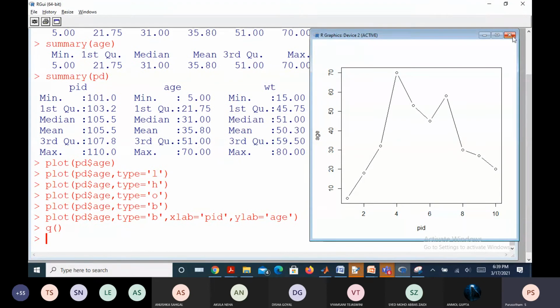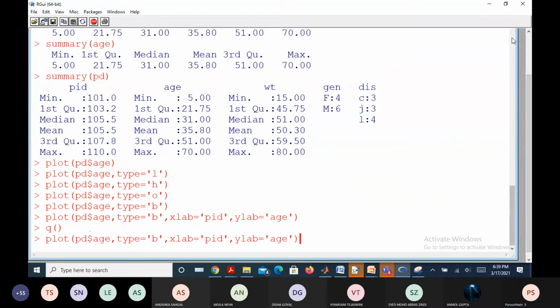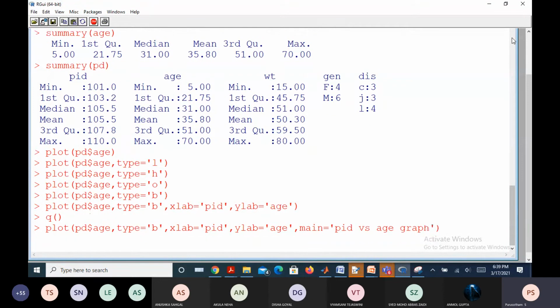I am going to close this. So I can make another specification, main is equal to, within single quotes, patient ID versus age graph. Let us suppose this is my title.